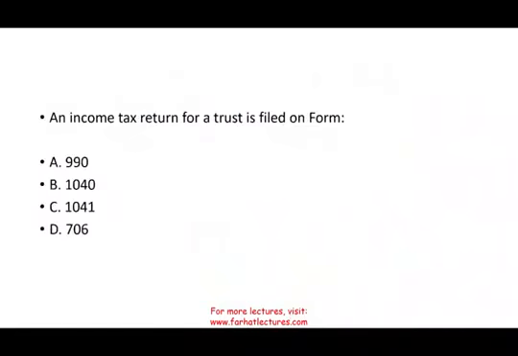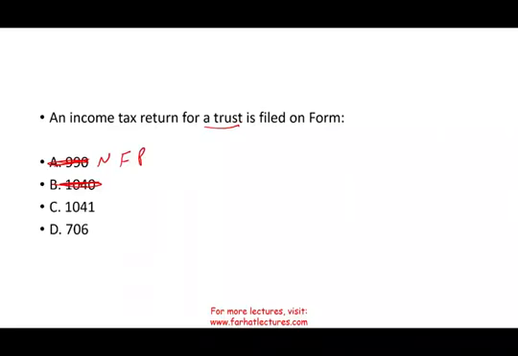An income tax return for a trust is filed on which form? Here, this is straightforward, and you could be receiving a question like this on the exam. I call this a 2-second question. You get this question, it should take 2 seconds, move on. What's the answer? Well, let's go through what's not the answer. It cannot be 1040, period. If you don't know what 1040 is, you should not be sitting for the exam. Also, you should know it's not 990. 990 is for a tax-exempt organization or not-for-profit organization. You should know this by heart.